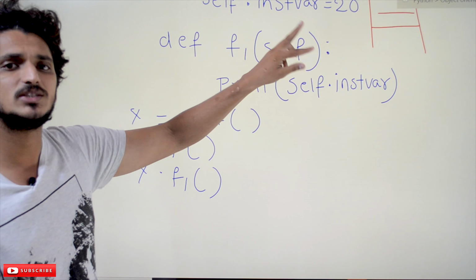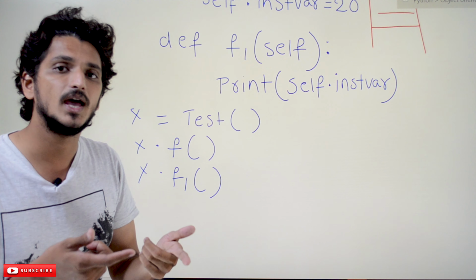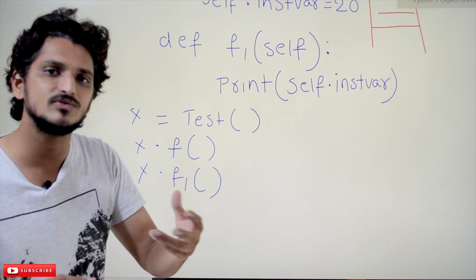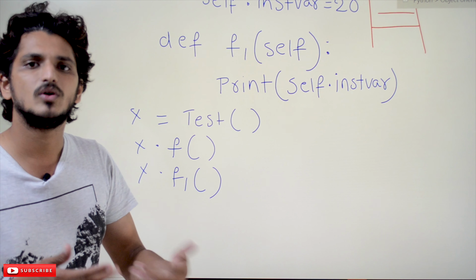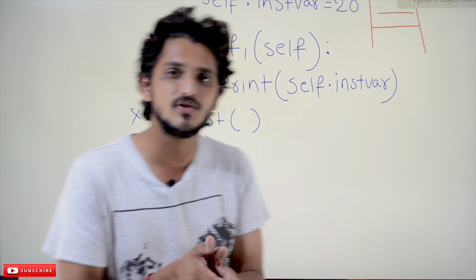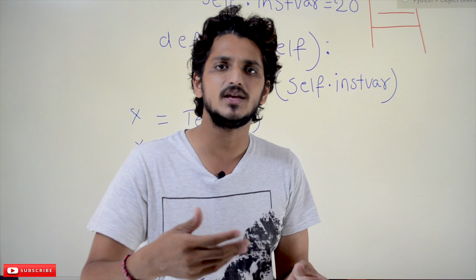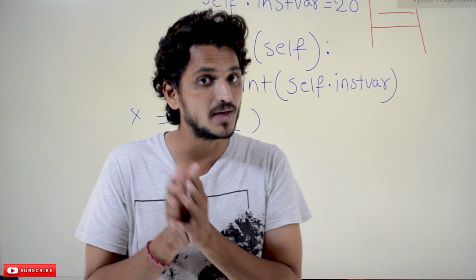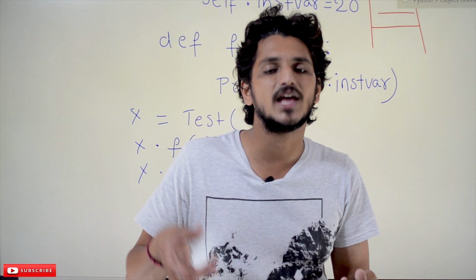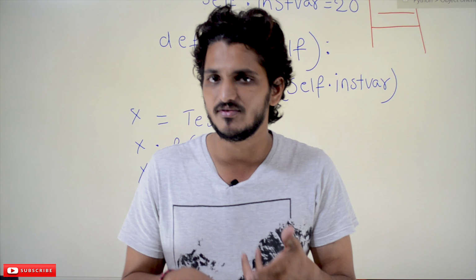In order to avoid these problems, Python is automatically calling a method. What's that method? Init method. That we call it as constructor. If you define all your instance variables there, no need to call these functions like this. Automatically Python calls it, so instance variables will be initialized automatically. That's why we call it as constructor. Constructor is a method that is called automatically in Python for initializing the instance variables.